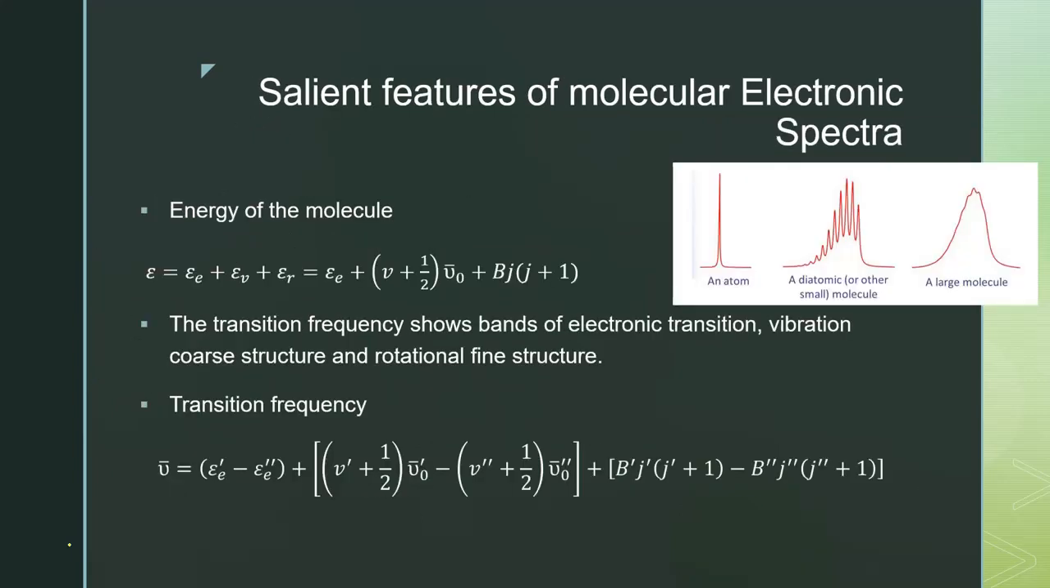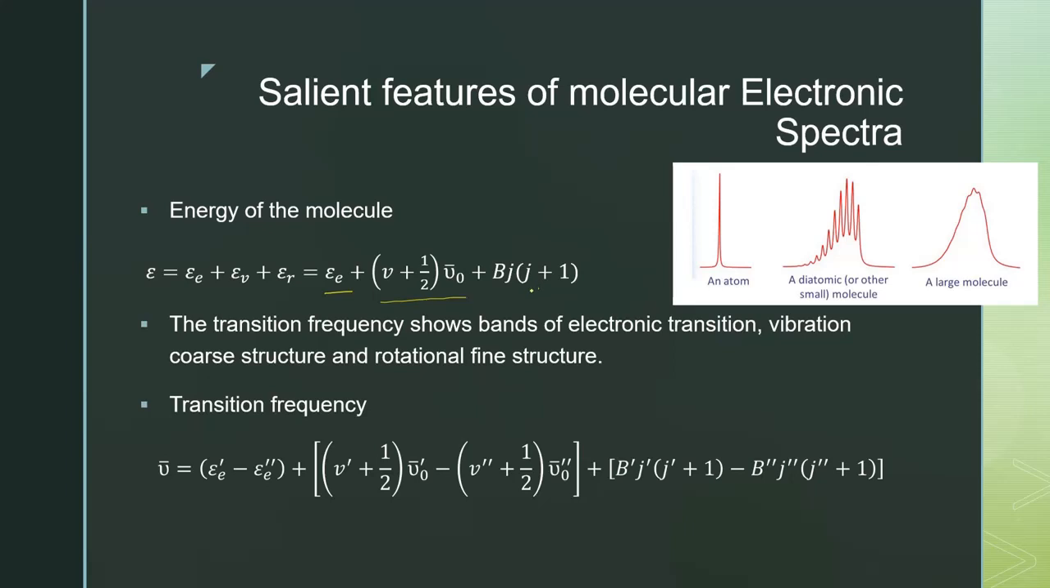Since we have seen that one electronic transition is accompanied by vibrational and rotational transitions, we can see that the energy of the molecule is a combination of its electronic energy, its vibrational energy, and its rotational energy. We have seen that the electronic energy will be the energy of its electronic state or the shell. The vibrational energy can be found using this formula, and we have seen this in